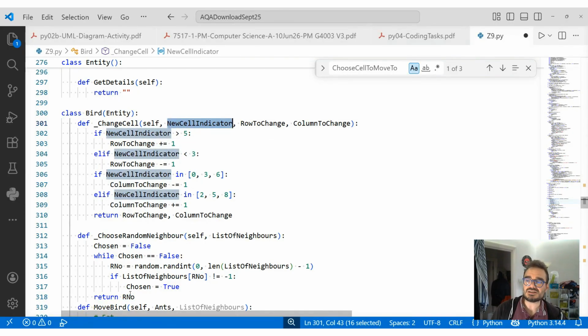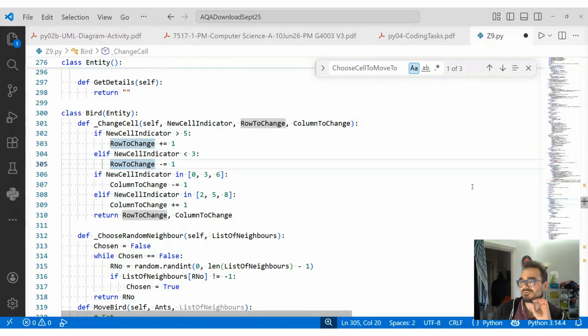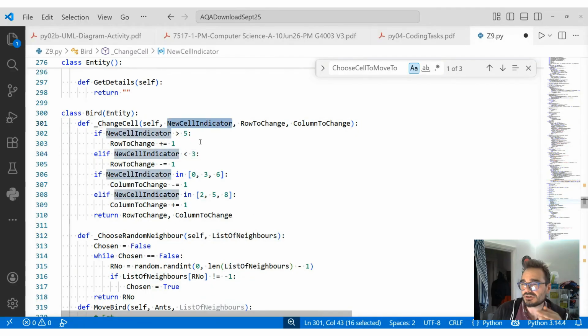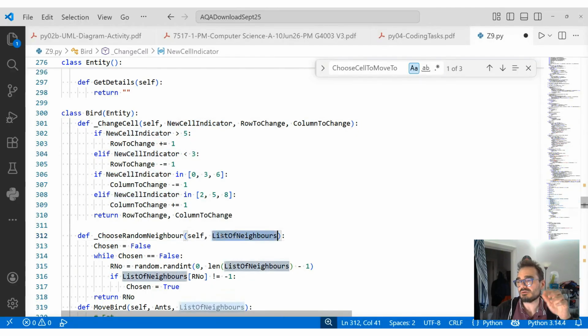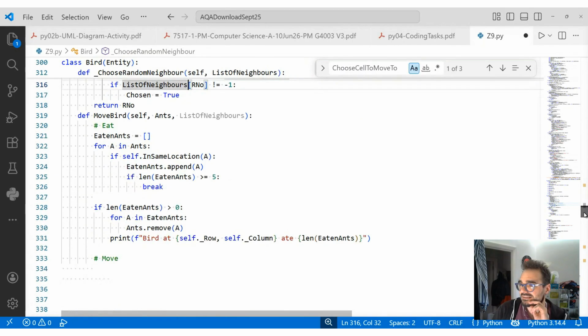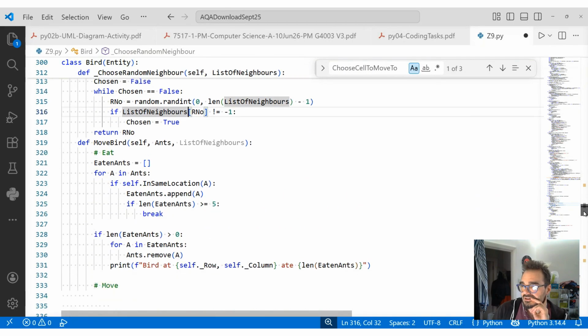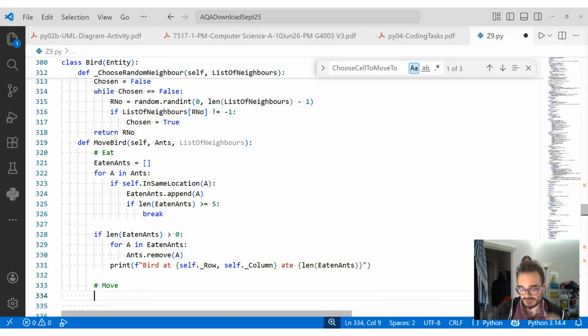The new cell indicator happens to be the index in that grid thing, which is also the index in the list of neighbors that you're getting from the random list of neighbors. So to move, I'm going to say